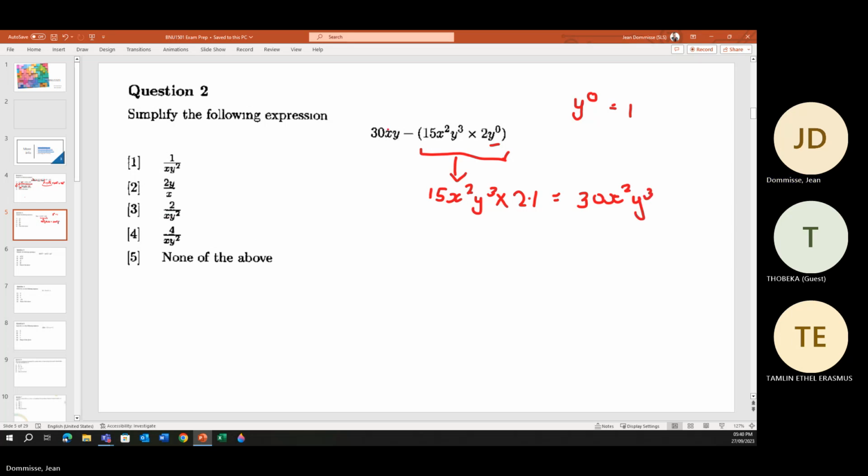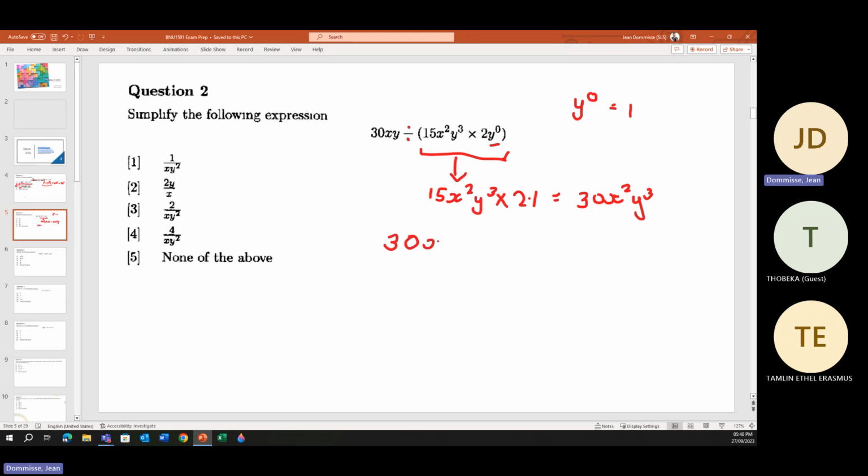So let us say this was division, because you can't subtract 30xy and 30x to the power of 2 y to the power of 3. So it was probably a division and not a subtraction. So then